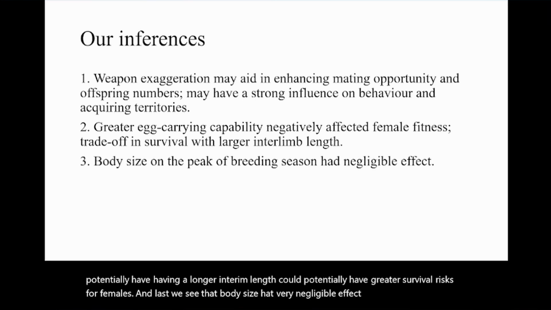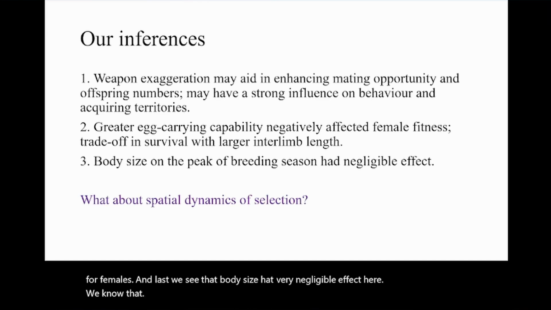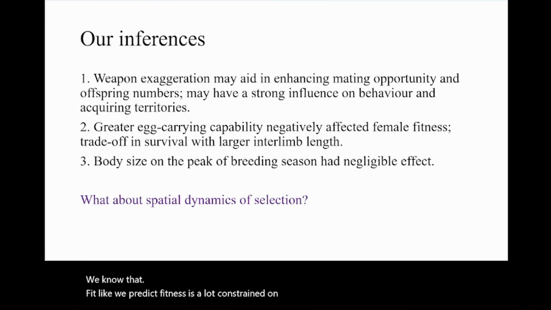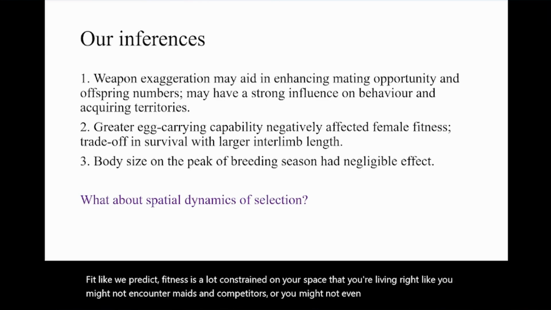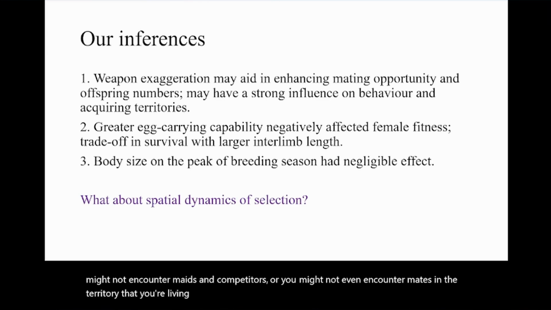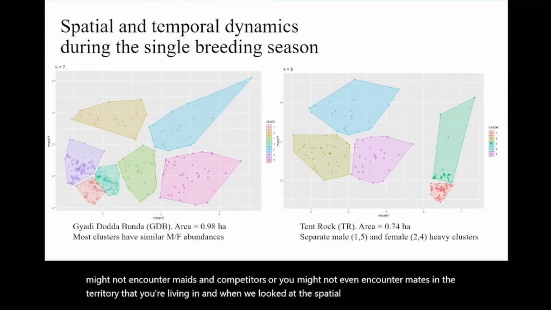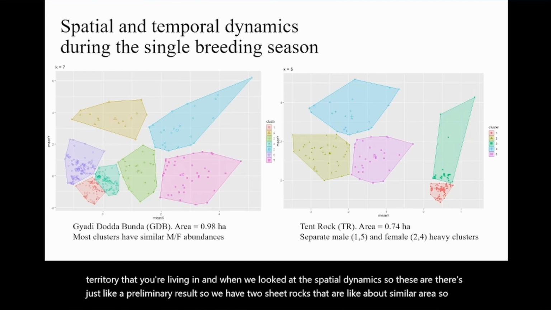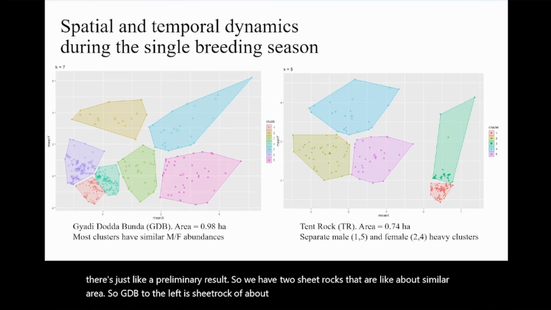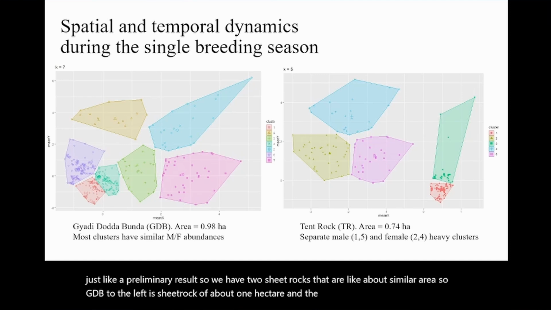We know that reproductive fitness is a lot constrained by the space that you're living in, right? You might not encounter mates and competitors, or you might not even encounter mates in the territory that you're living in. And when we looked at the spatial dynamics, so this is just a preliminary result, we have two sheetrocks that are of about similar area. So GDB to the left is a sheetrock of about 1 hectare, and most of these territories have similar male